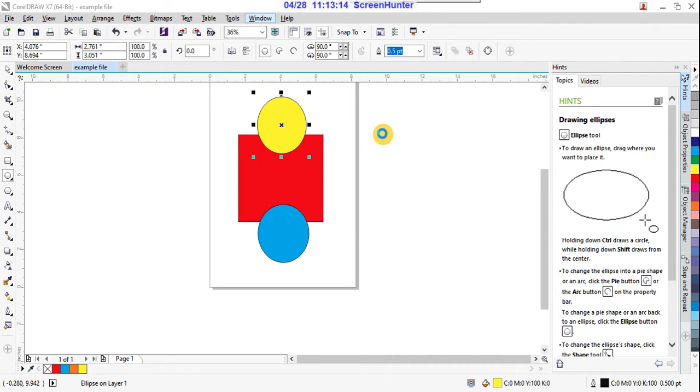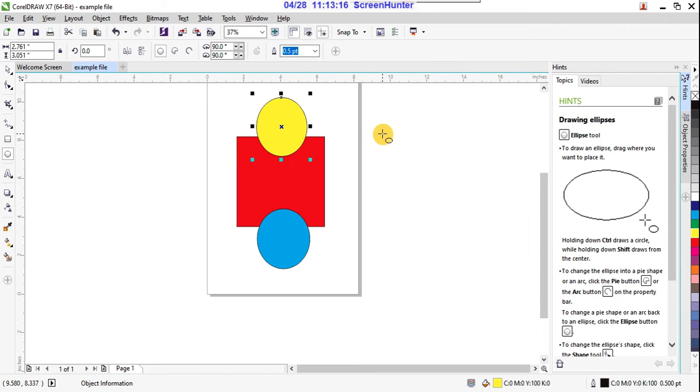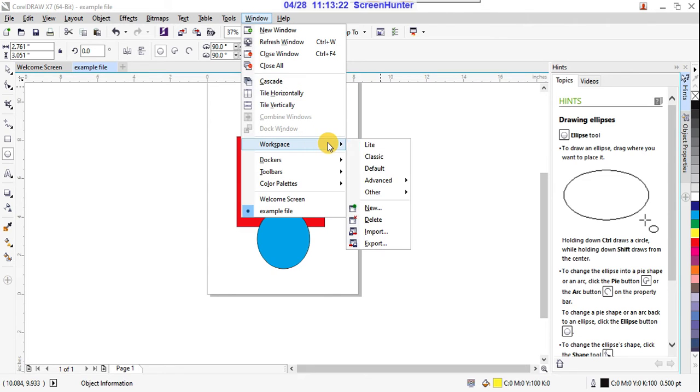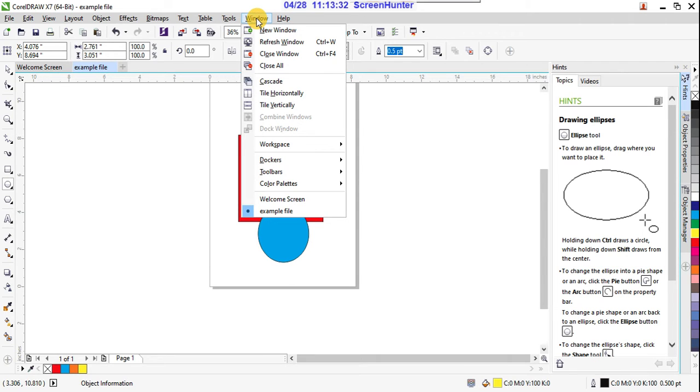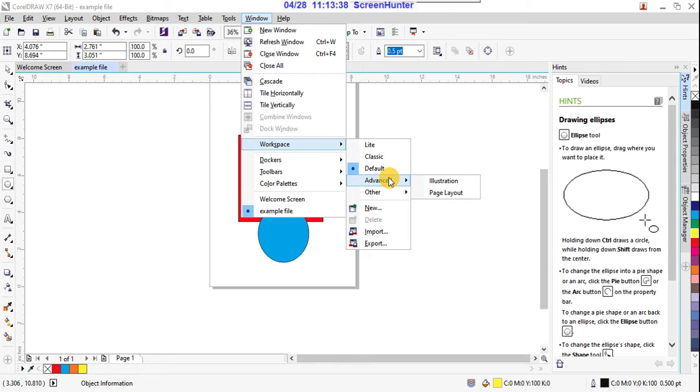If you click on this Light, so see it is showing in Light, right? So if you want to change from Light to Default, see now I'm switching to the Default, so it is changing. It's not showing any difference, because we didn't do any changes to that.